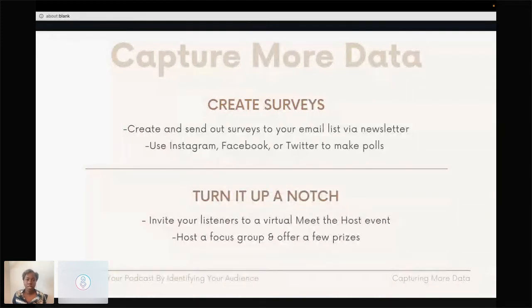Say if this is twice a year, say if this is once a quarter. I think there are no rules to this. I think it's just about what makes sense for you and your audience. But imagine if your listeners could be with you virtually, in a room, where you get a chance to meet them. And with this method, I don't look at it as something so formal, which we'll get into with focus groups, but more so an opportunity for you to get to know them. And as you're getting to know them, you're taking mental notes, like, oh, wow,